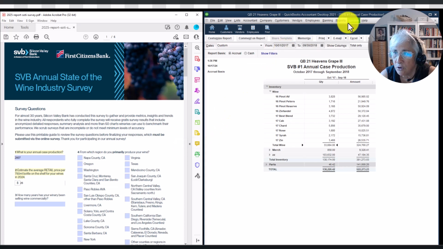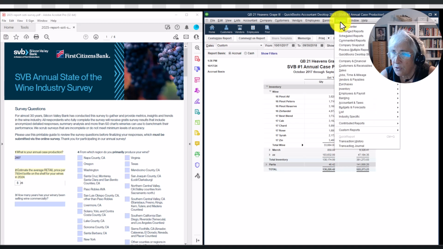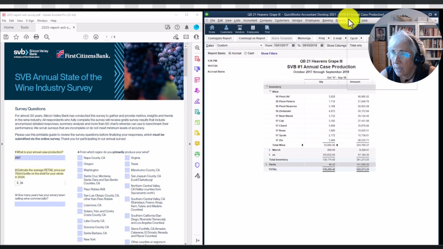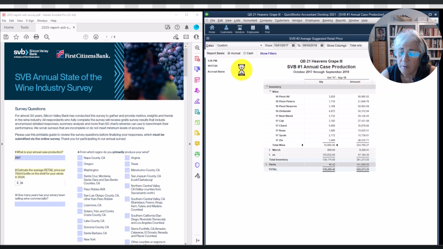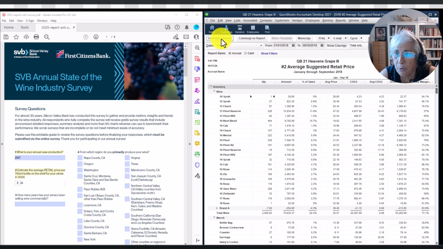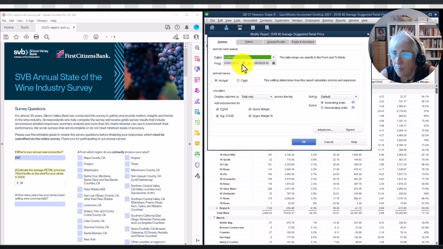Again, this is a straightforward QuickBooks report. This is going to be the sales by item summary report. And this is what it looks like. You'll need to do some modifying. So after this report comes up, we're going to go customize, plug in your dates. Again, I would recommend plugging in a 12-month slice of time. So this should be 10/01/17 to